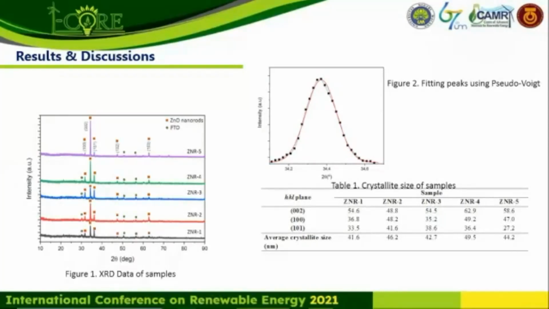So it shows that the crystal grain size is not significantly affected by the hydrothermal durations. This is due to the position of peak of the sample, which doesn't have much effect on these two parameters. So this causes the